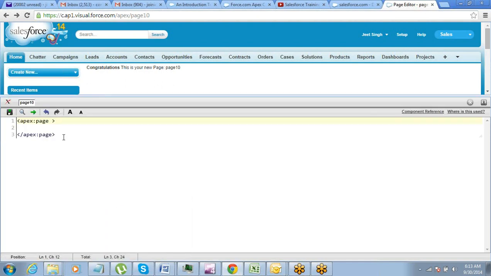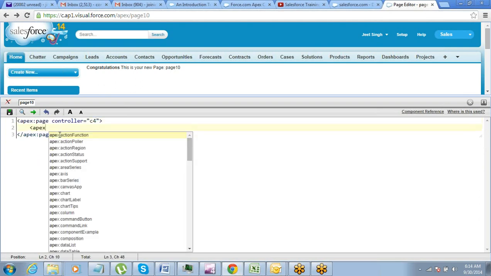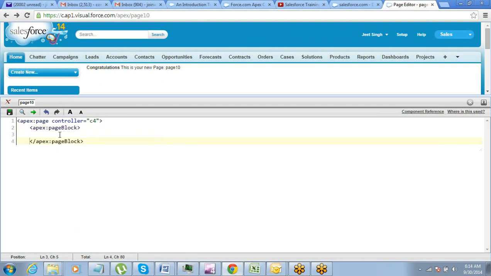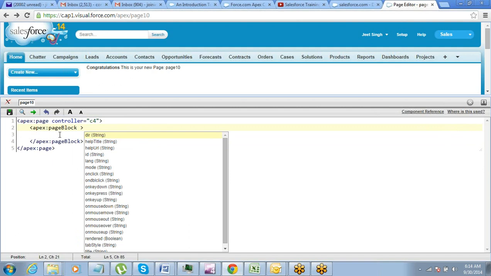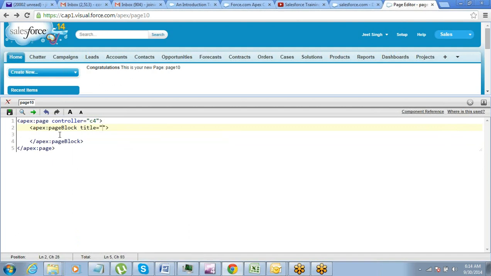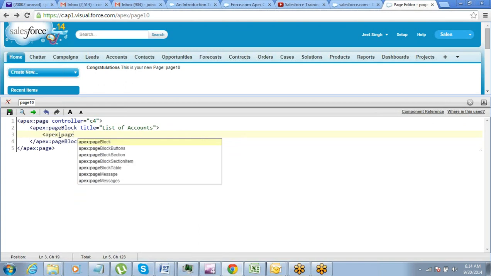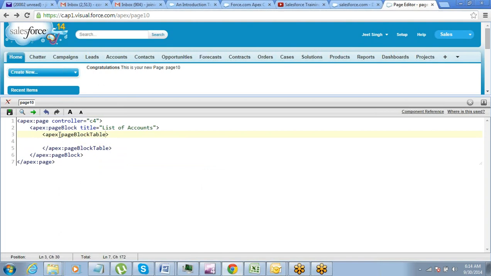I'm not copying the code so that you can see me typing and it becomes easier for you to understand. Page block table, and the value will be selected accounts